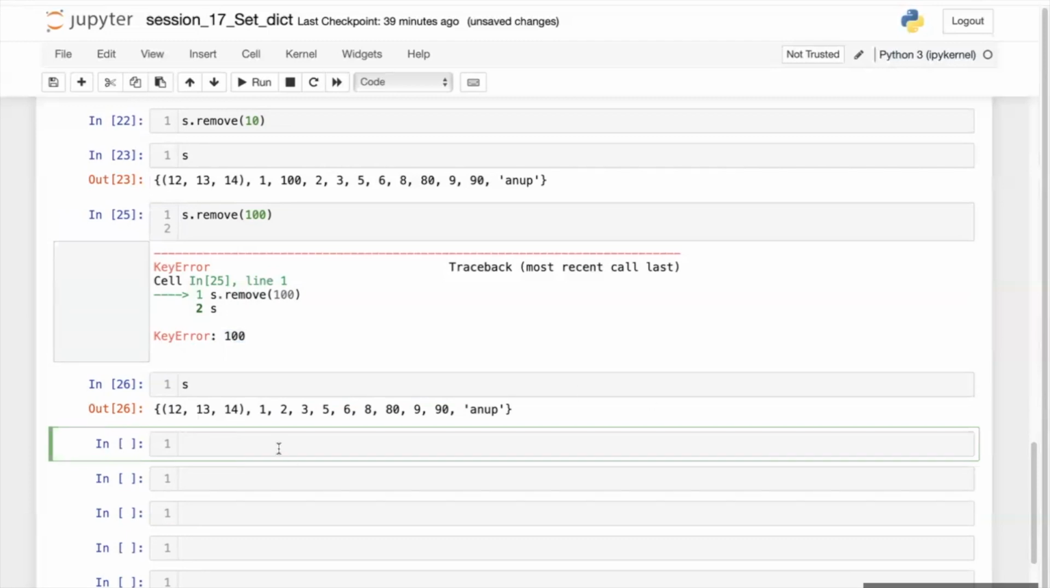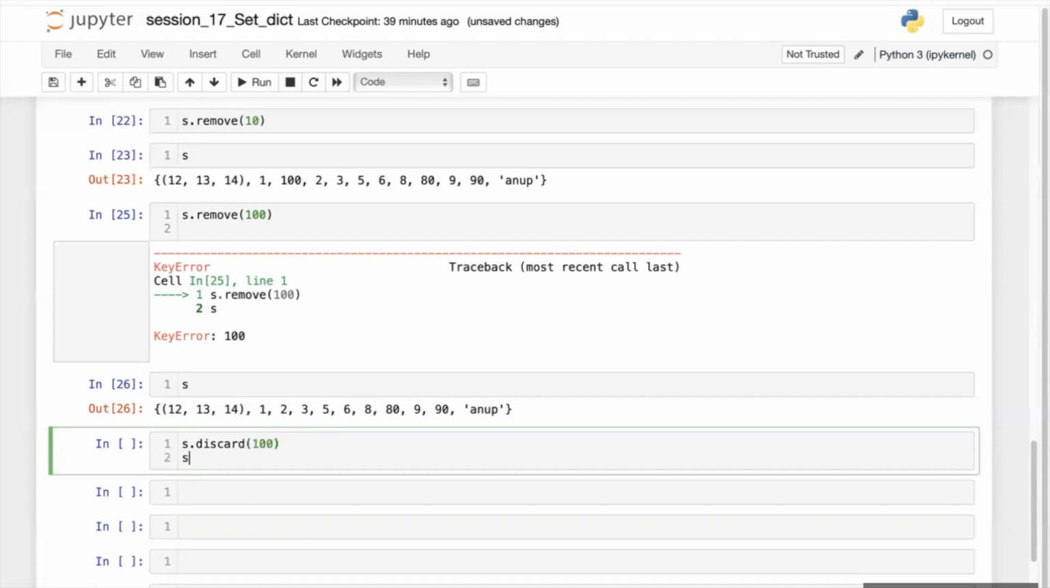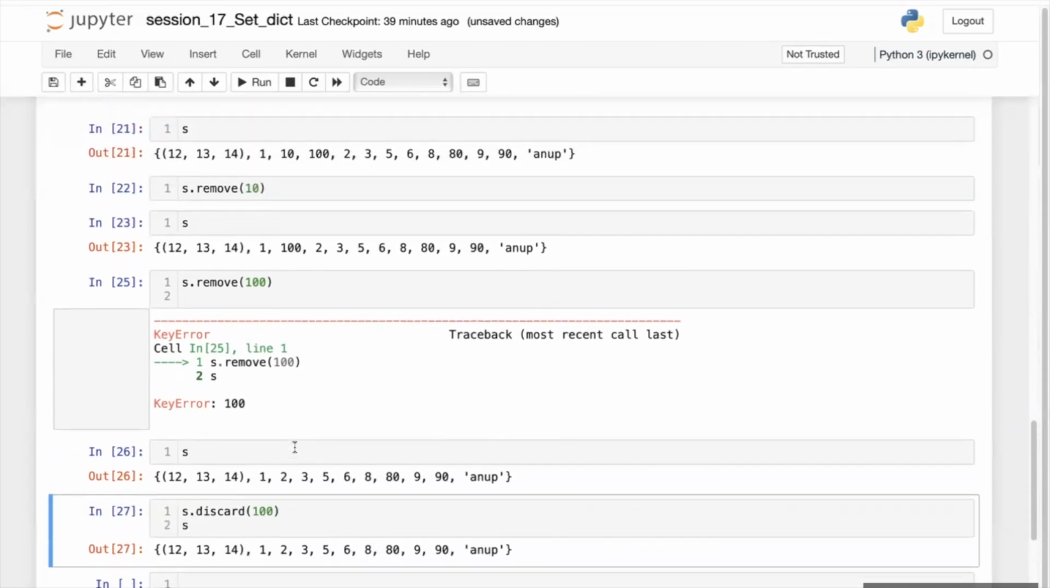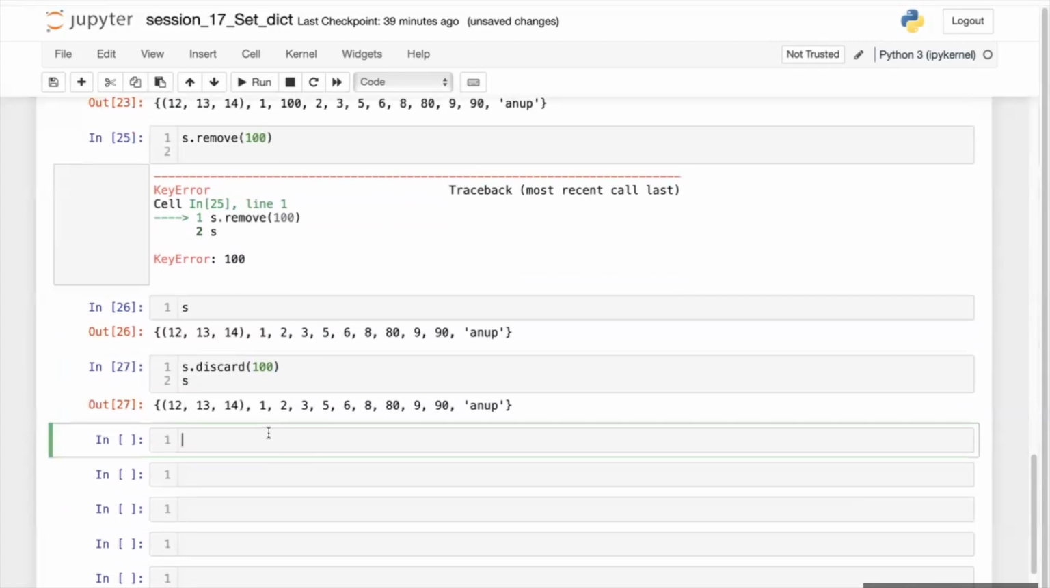But then if remove and discard are both doing the same thing, what is the purpose of using this? Let's say we studied discard earlier. I'm doing this here, and I want to print this also. See, I'm not getting an error. What I'm trying to make you understand is, if I do s.remove and ask it to remove something which is actually not present inside this